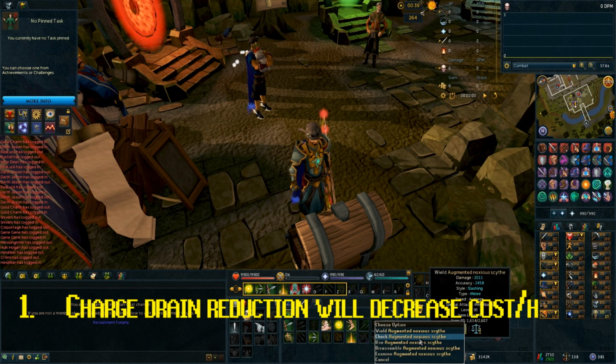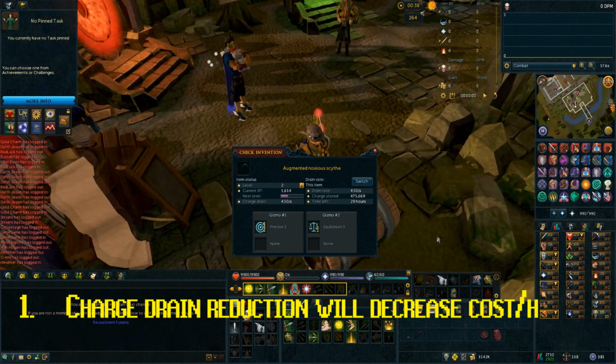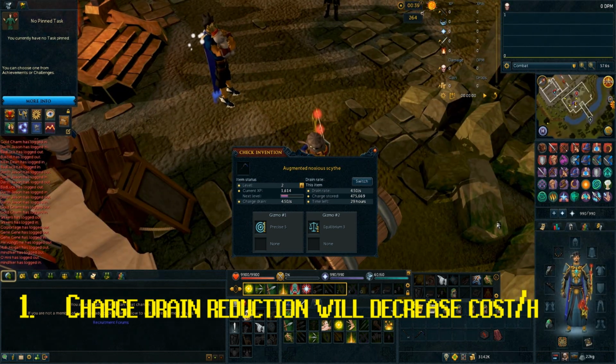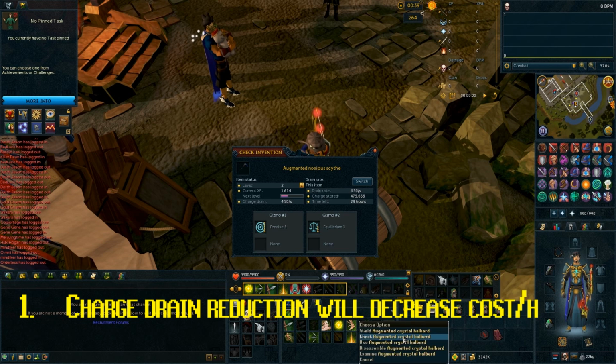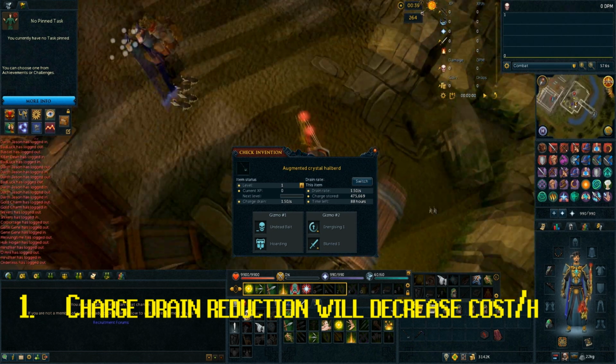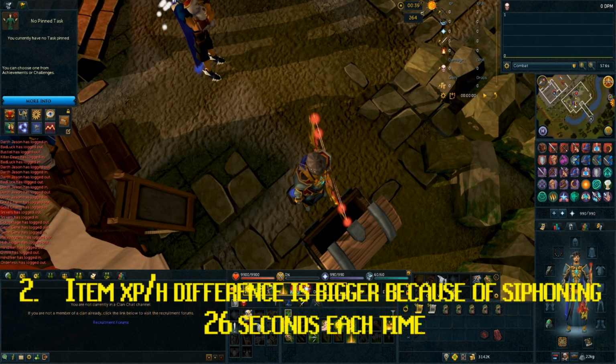It is 4.5 for this item. So that's a massive boost before we even get on to anything to do with, you know, in combat benefits. And then for the crystal halberd, similar story. It's instead of 1.87 it's 1.5. That's awesome. The second thing is that the item XP per hour difference between